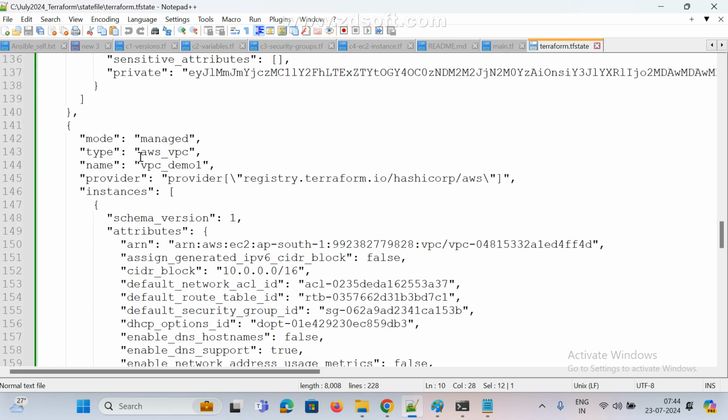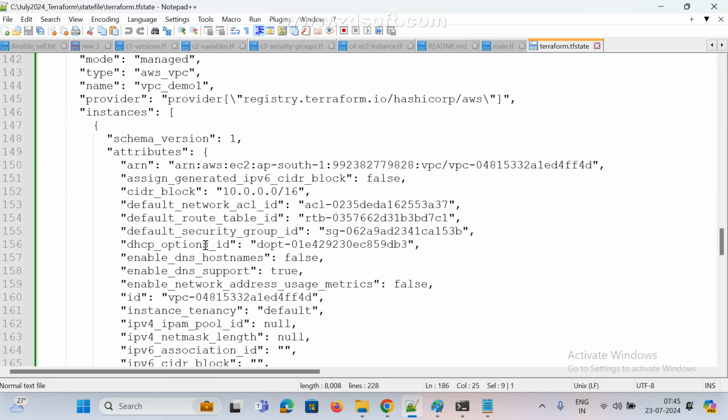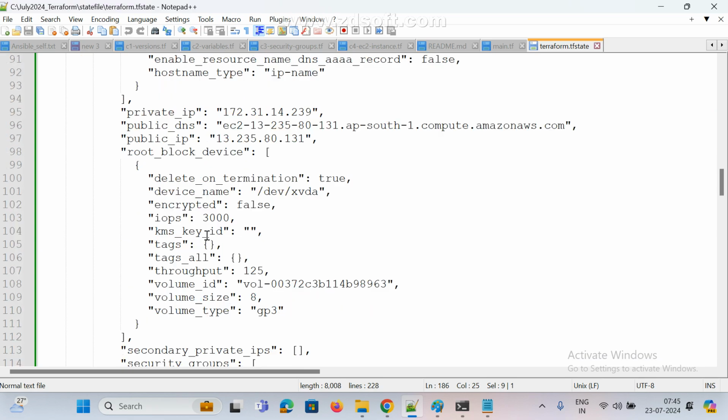This is the AWS VPC. This is the local name, right? Demo 1 and demo 2. This is VPC 2, demo 2, and this is VPC demo 1. Understood?